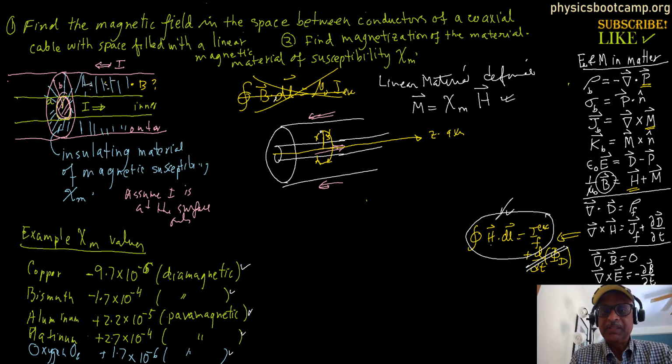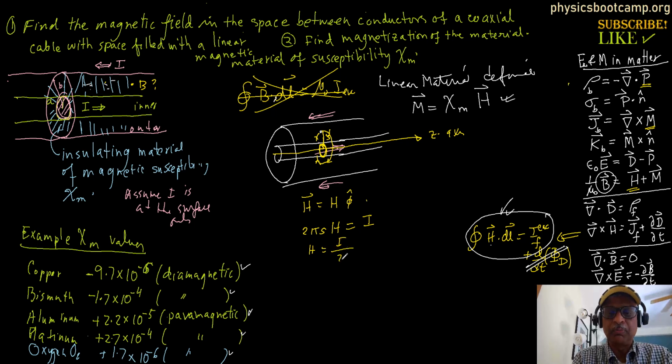So the left hand side, by using this symmetry, the field will be, so H will be some H value times phi hat direction. Okay, so this is the phi hat direction at any point, and from symmetry H will be the same, and that will be 2 pi s H, the left side, and the right side will be how much current is enclosed, and the current is enclosed over the surface. The entire current is I, so the H is simply going to be I over 2 pi s,